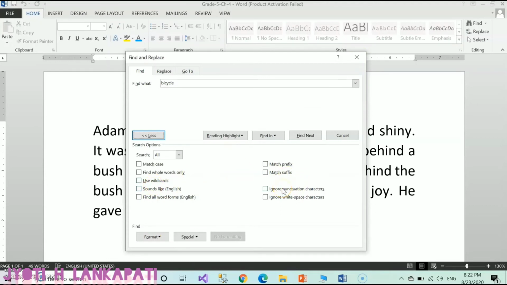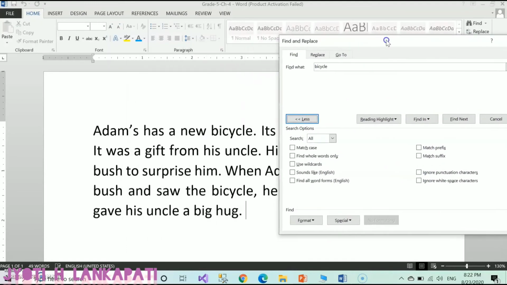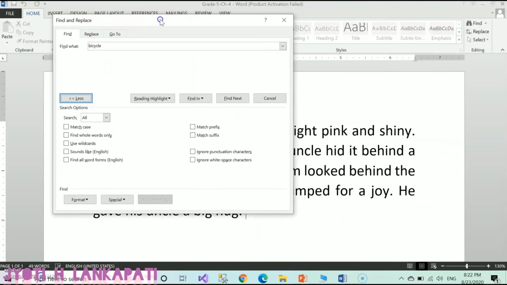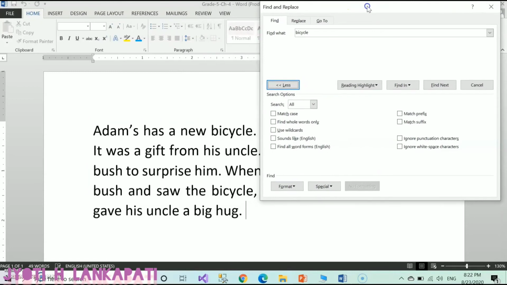Okay, so there are many options available. You can try and you can widen your search criteria. You can also move this Find and Replace dialog box anywhere in the entire window.